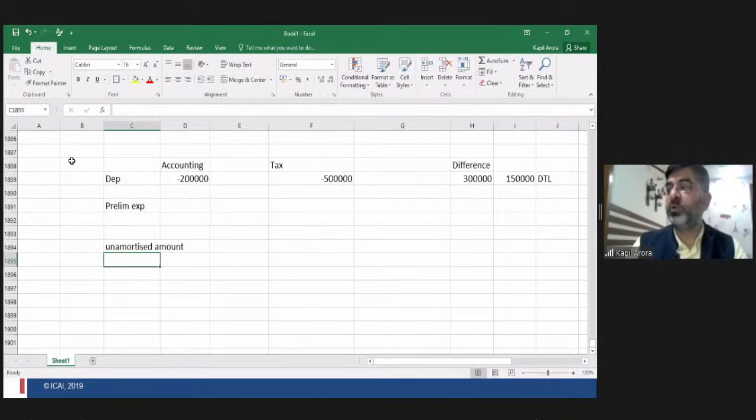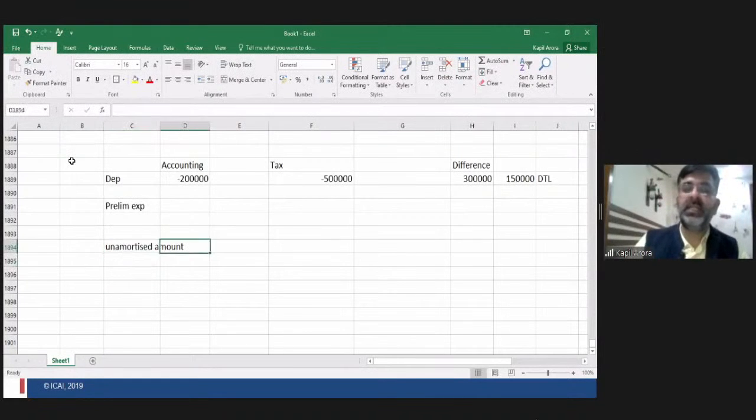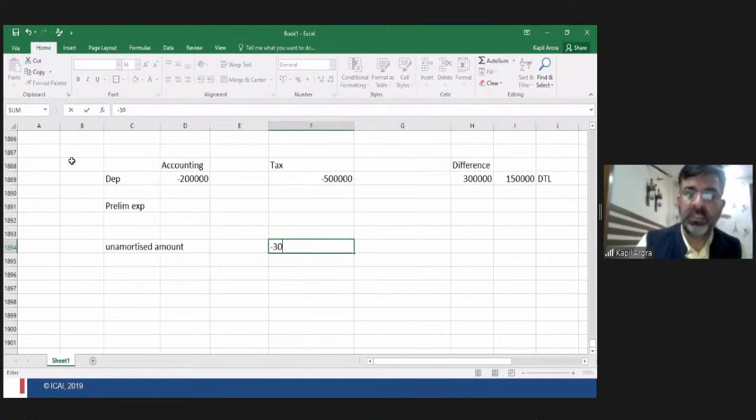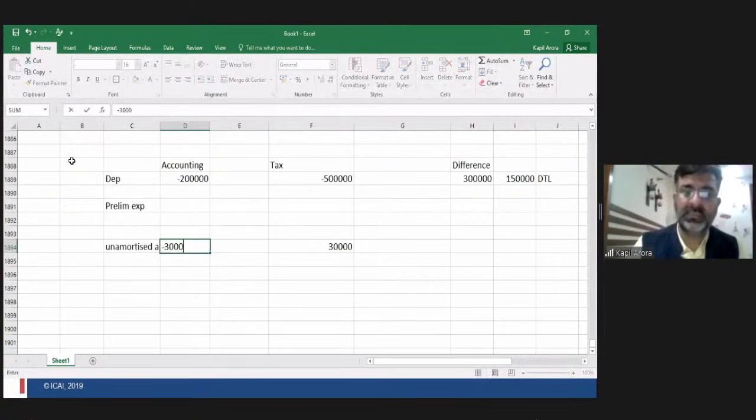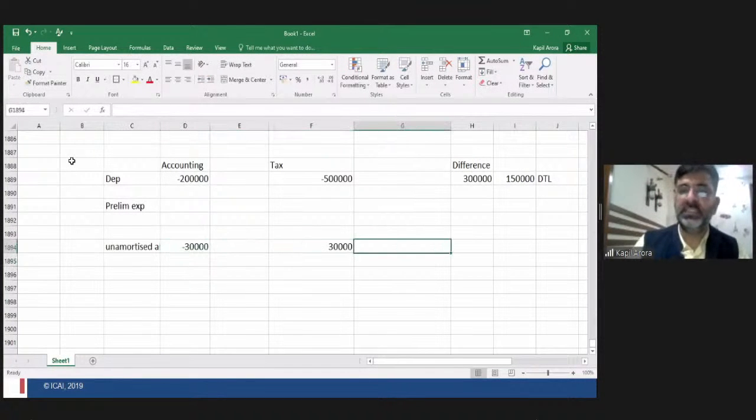Whereas the accounting book shows no balance. Unamortized amount means that the tax books have not yet allowed 30,000. So the tax books have not allowed 30,000, whereas in accounting, the amount has been amortized as 30,000 here. So this is 0 here